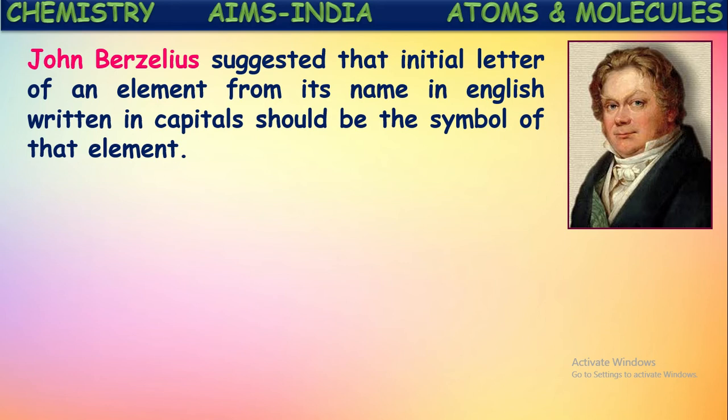This is the suggestion given by Berzelius. Of course, before him, many scientists suggested different ways of representing shortcut forms for the element names. Dalton gave some, and others also tried, but they were not continued. They were not accepted for a long time because they were somewhat confusing and difficult to remember. So the Berzelius method is very simple and convenient to remember and to write symbols for newly discovered elements also. The first suggestion given by him is that the first letter of the element's name written in English will be written in capital and taken as the symbol for that element.